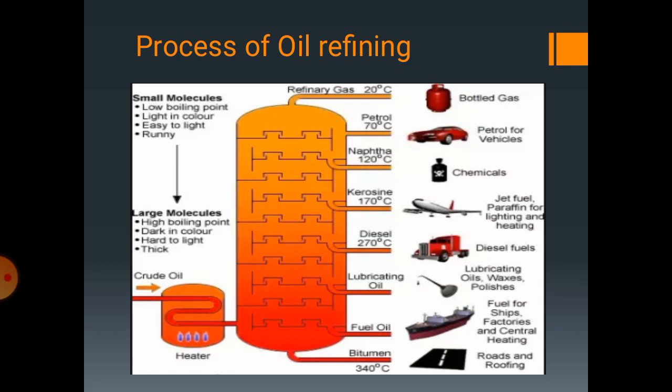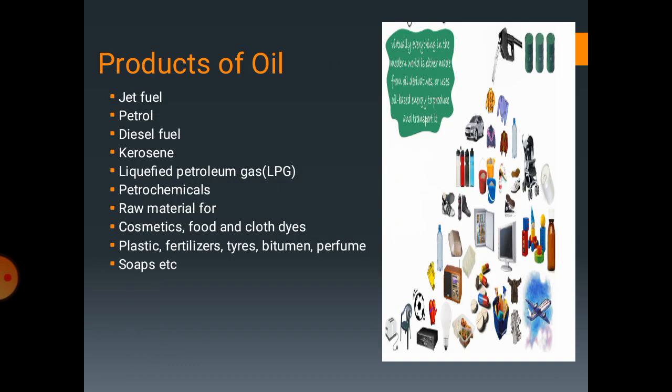So this is the process through which different parts or different substances of oil are separated and they are stored in different sections. So this is how we get different byproducts or different substances from the crude oil. So some of the products obtained from the oil are mainly used for the fuel, and there are only some of them like jet fuel, petrol, diesel fuel, kerosene, heating oil, furnace oil,